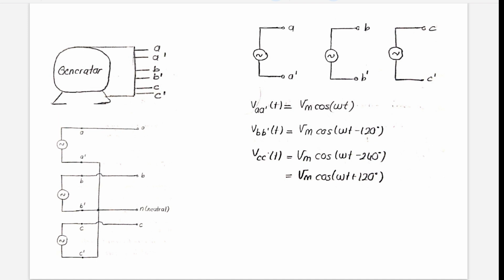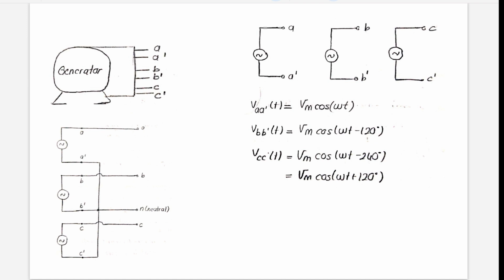Let's consider that in this case we don't have any phase, in the simplest form. VBB prime will be in the same form as VAA prime, but this time it will have a phase difference of minus 120 degrees. So this means that